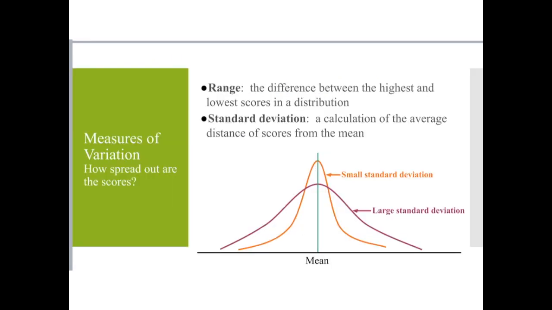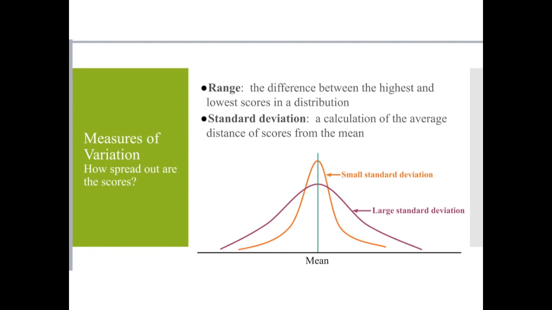So here we have the application of mean, median, and mode into the standard statistics platform. So we have these measures of variation. Not only do we measure the mean, median, and mode, those measures of central tendency, but we also can measure how far or how much scores vary from each other. Are all the scores really close together, all around a similar income number, or are they really, really spread out? And so we have range and standard deviation to help us measure this variation.